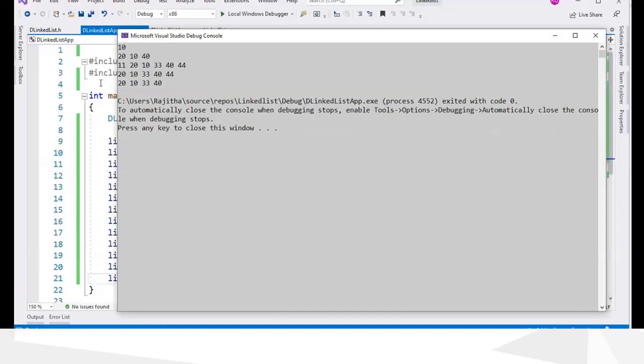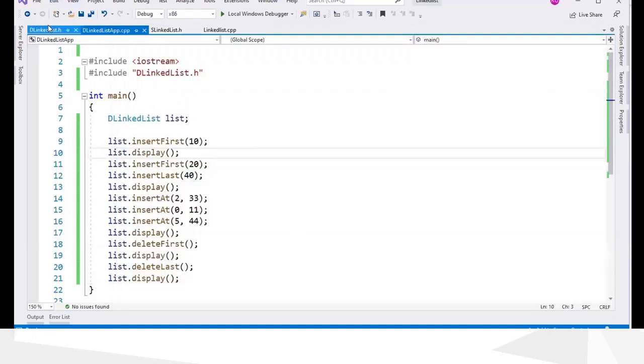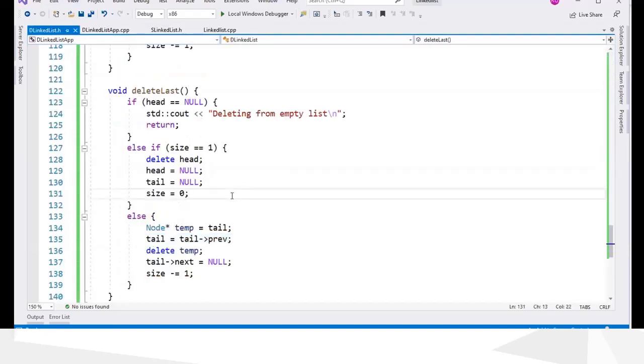And you can see from here you delete first, it will delete 11, and here you delete last node, which is 44, and you can see it is deleted. So now you can see we have implemented the similar functions as single linked list.